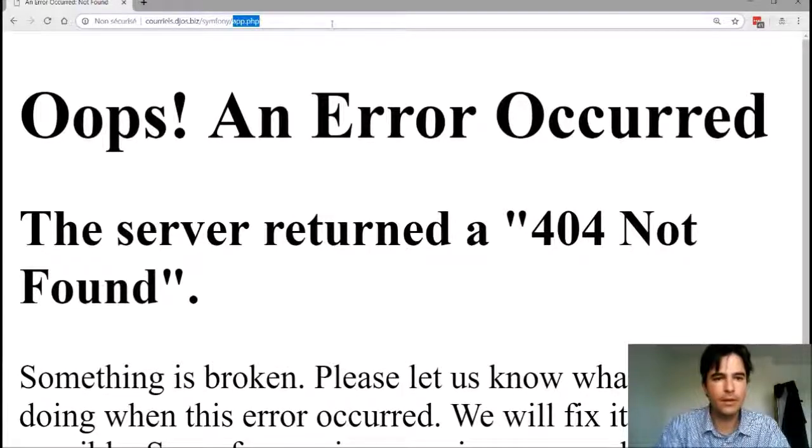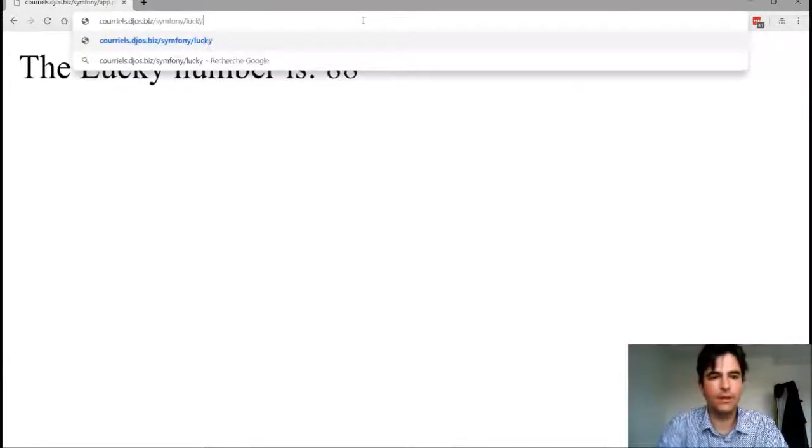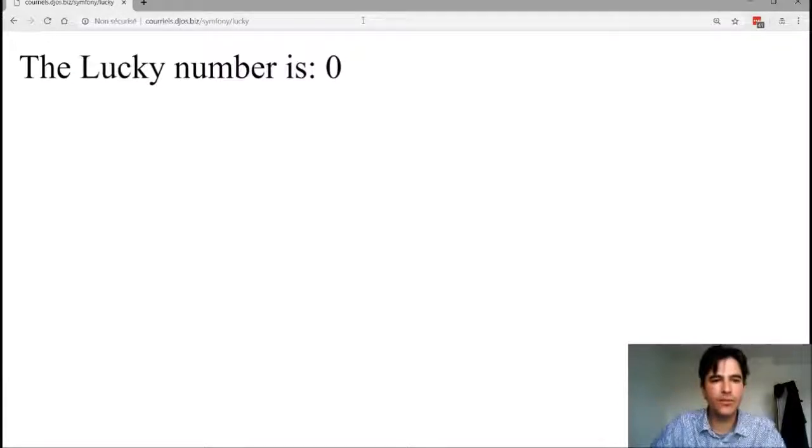So maybe with a slash doesn't work either. So if I type in app.php/lucky, it works, and if I type in lucky here, it works too. So the Symfony root is working.